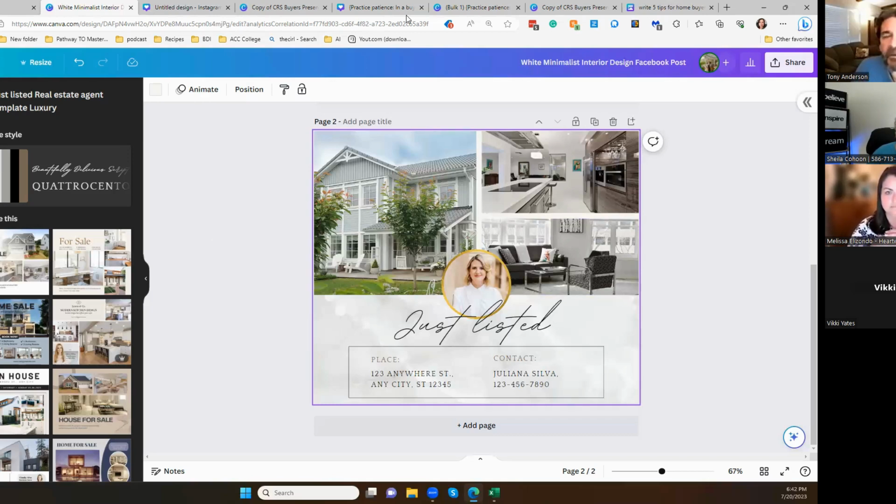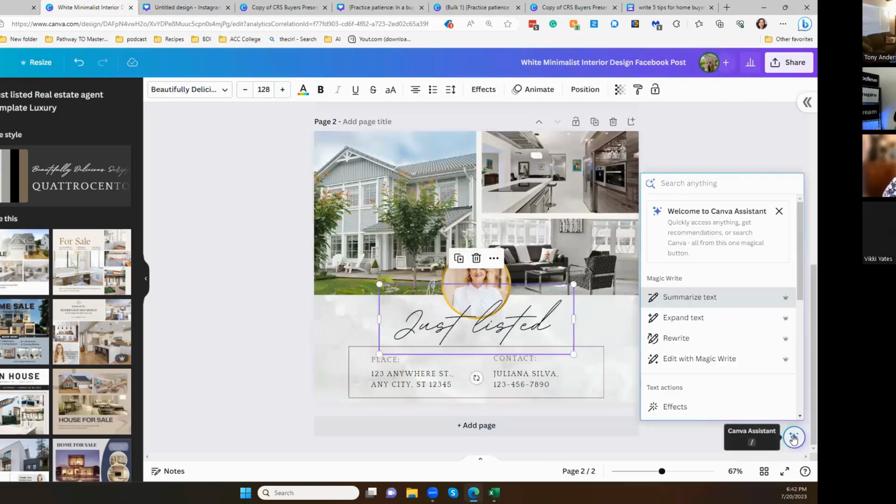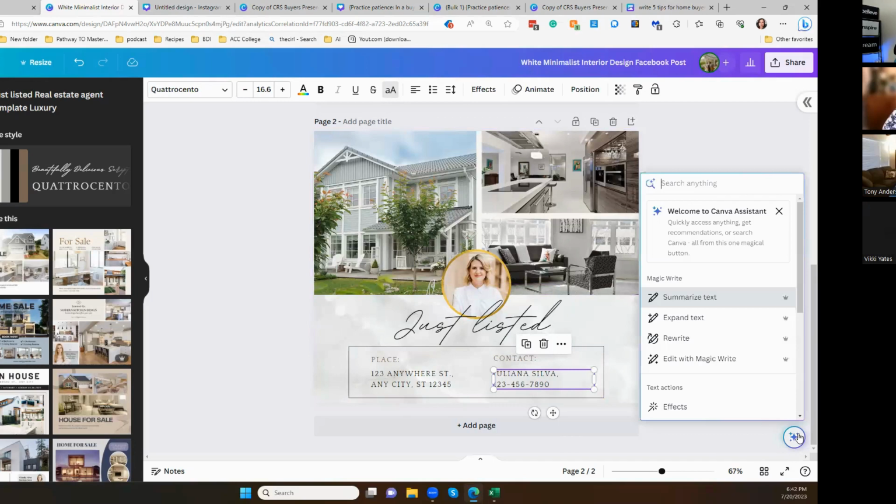So I have a question. Wherever you see a text box in Canva, you can use the magic, right? Is that correct? Yep. Anywhere you see text. Okay. And also you mentioned that,